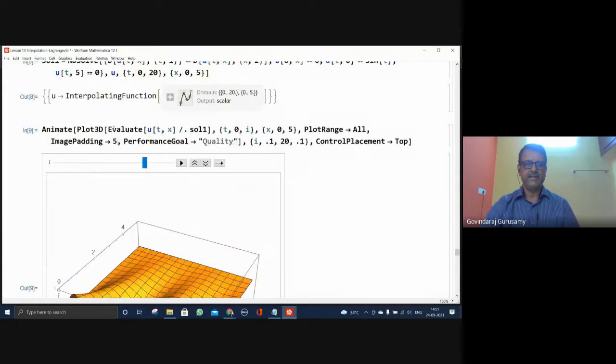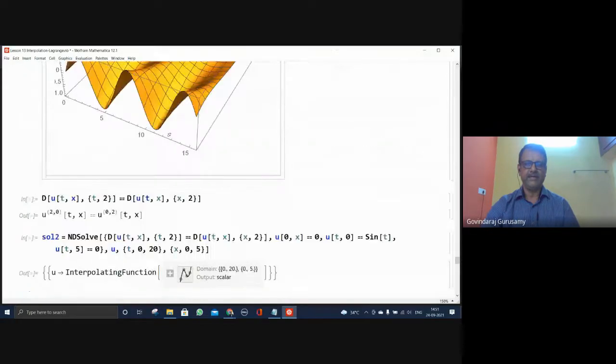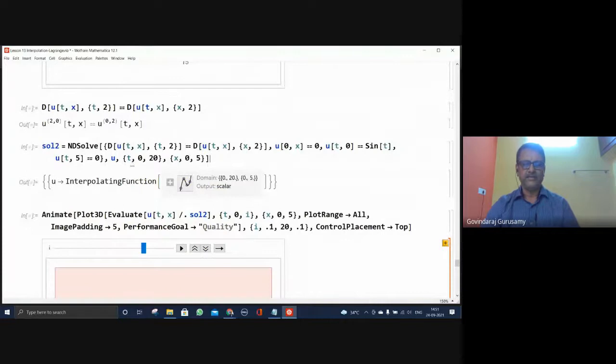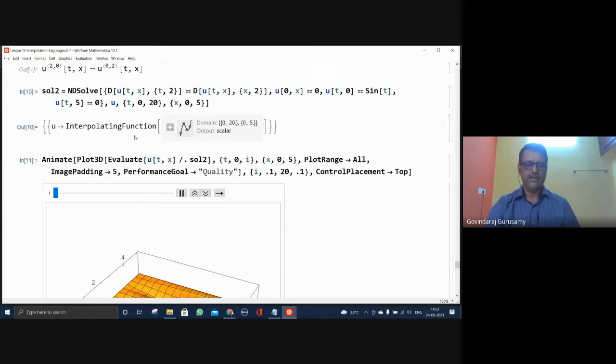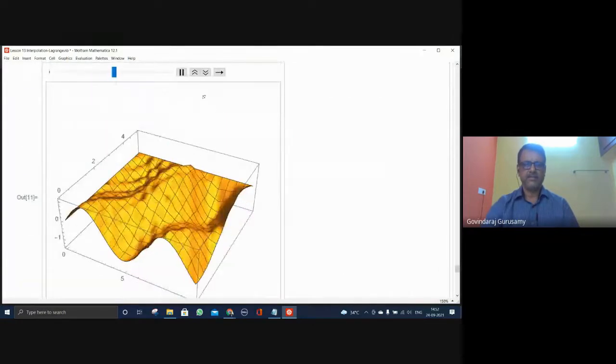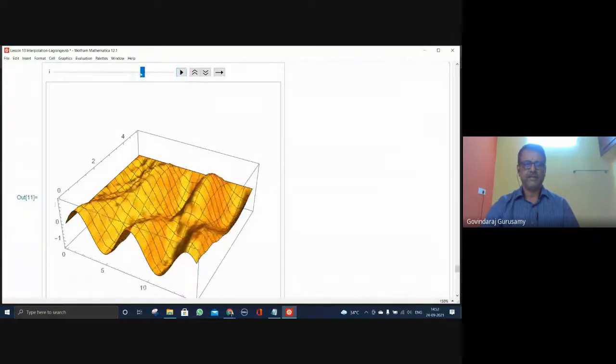Previously, here was du by dt on the left hand side. Here is d square u by dt square. That's what your left hand side is right now. Okay, so this is being set as a differential equation now. That is being solved by using the interpolation technique. Numbers are available, and you're going to evaluate and give it. Let's see. This is done now. For two variables, interpolation is available, and it started animating, and you can stop it and look at what is happening with respect to this.